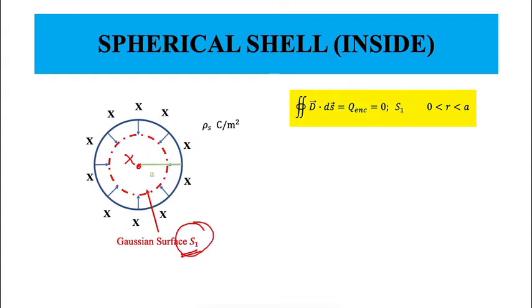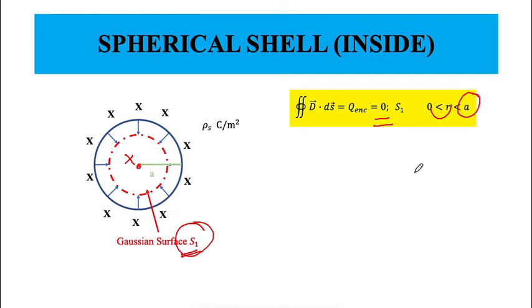Of course, we didn't specify what the radius of S1 is. The radius of sphere S1 could be anywhere from 0 to a, right? So as long as r is less than a, which defines surface S1, the corresponding integral value will be equal to 0. Now the integration is 0. It actually means D is 0. That is an interesting question, right? If this integral is 0, what happens to the field D?